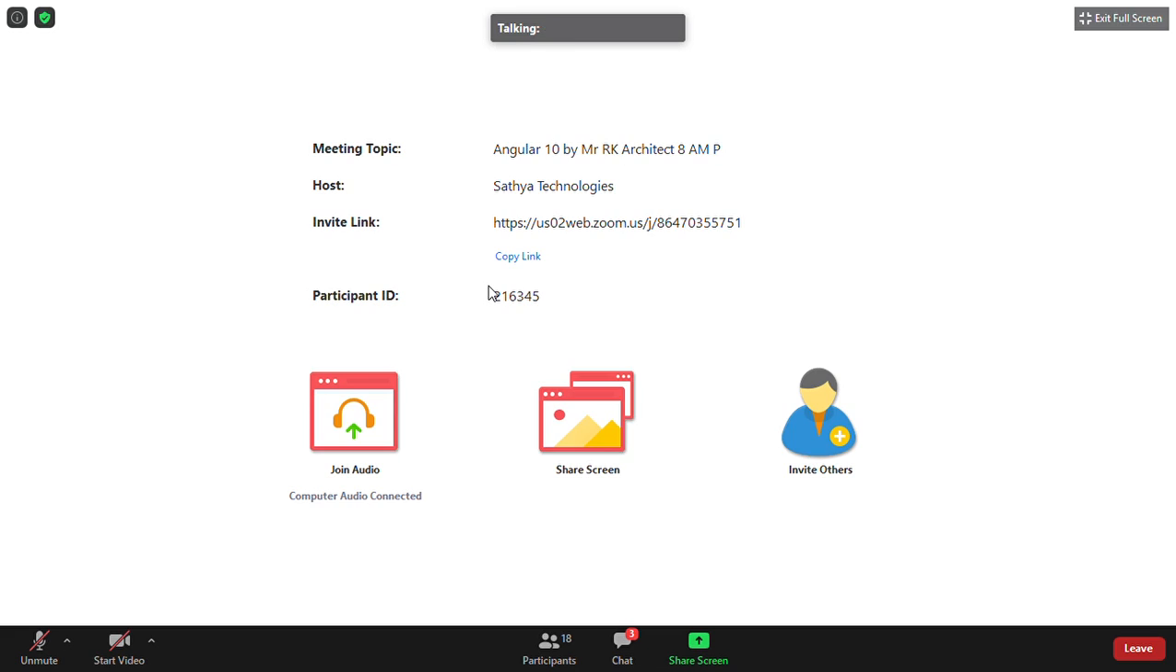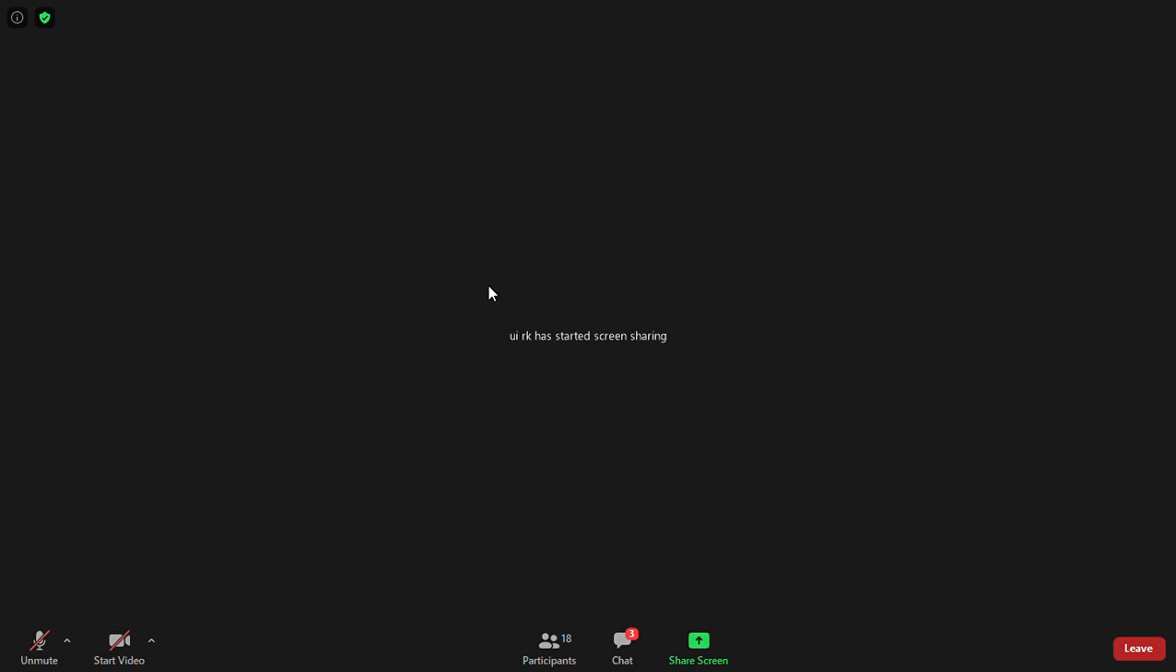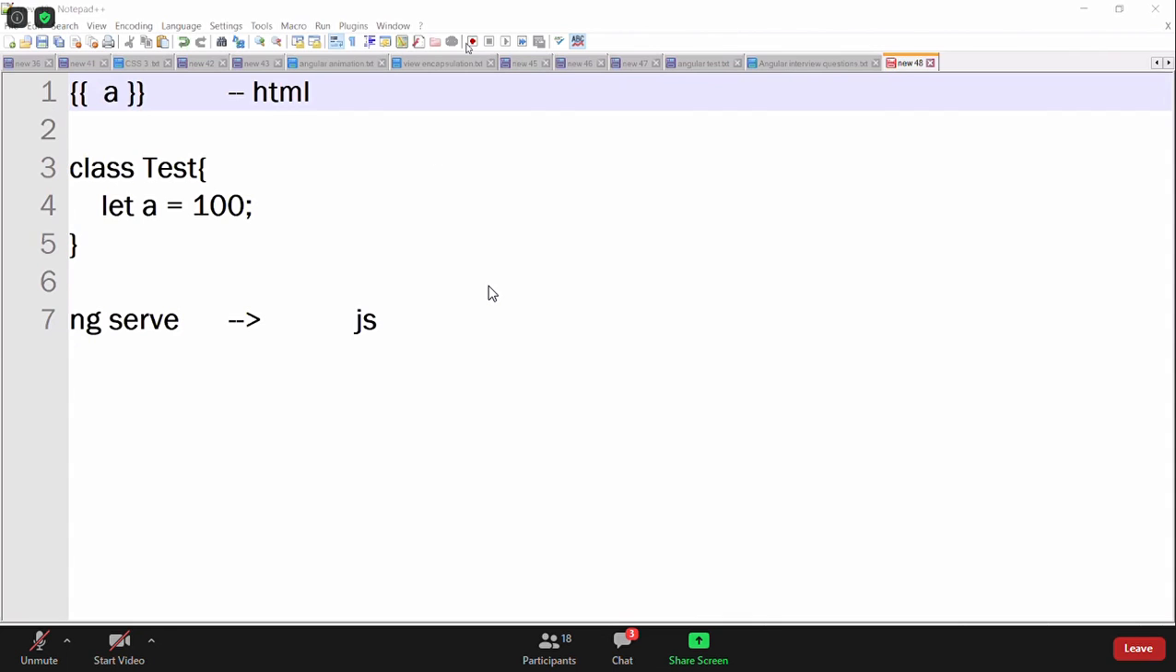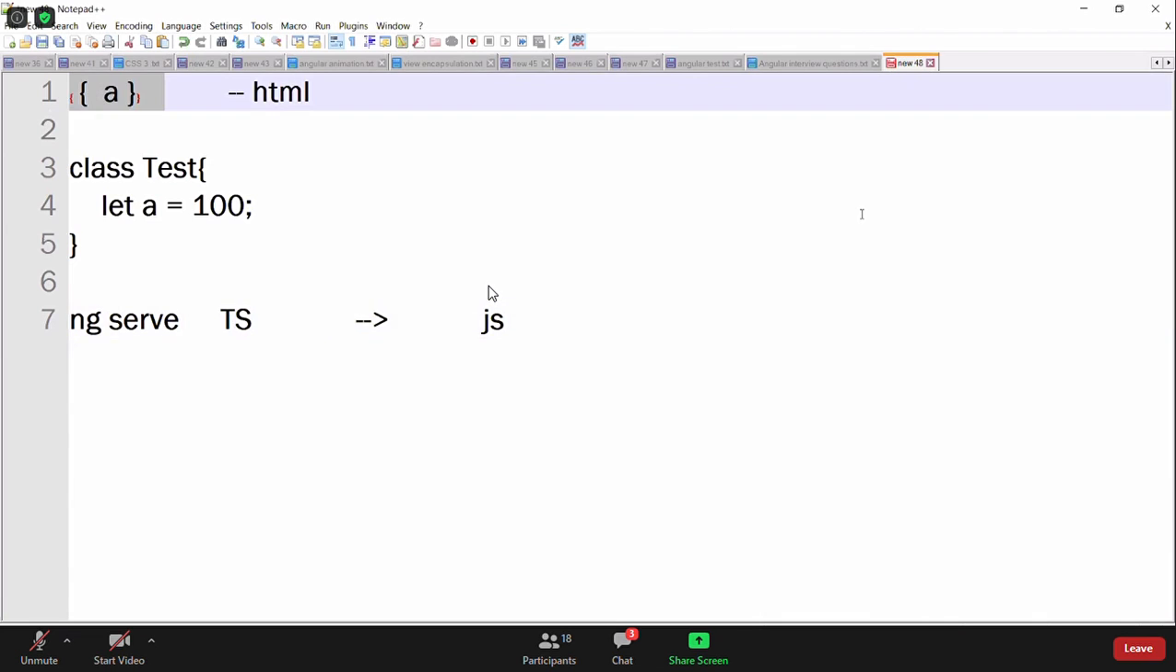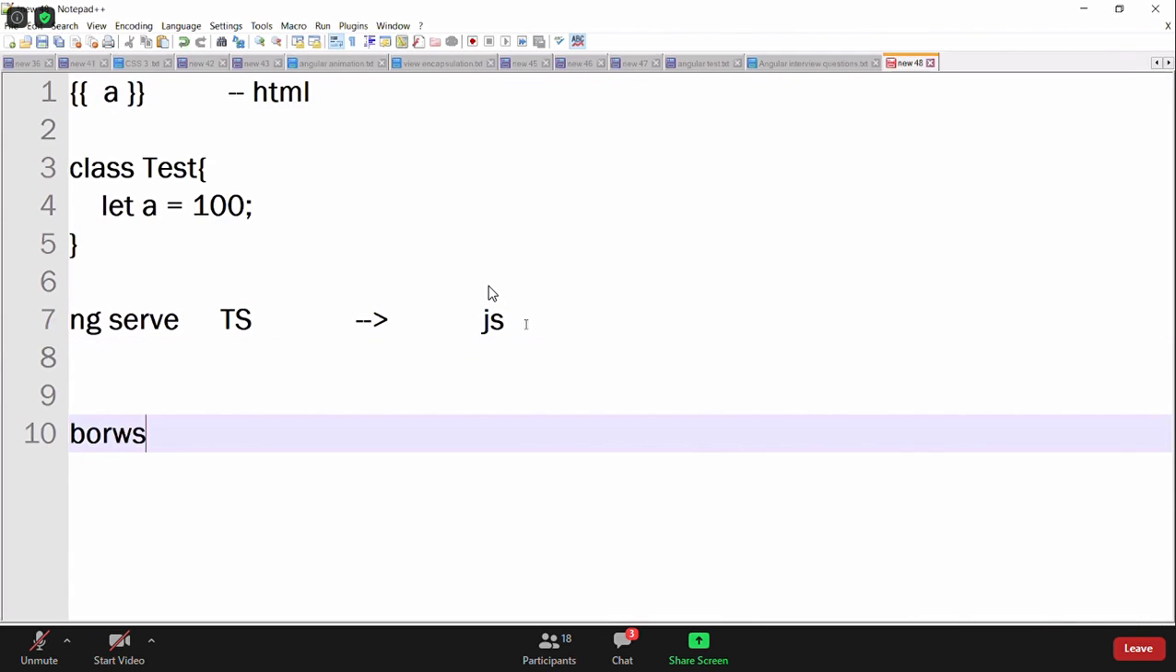But observe, I'm asking one simple question. This is your Angular syntax or HTML syntax? This is our Angular syntax. My browser cannot understand this syntax. So this compilation, if it happens in the browser, it is called